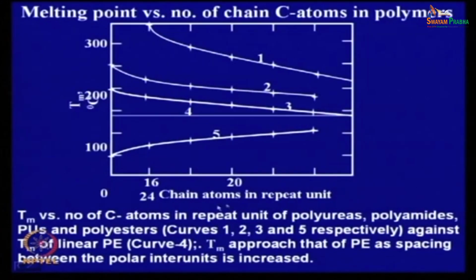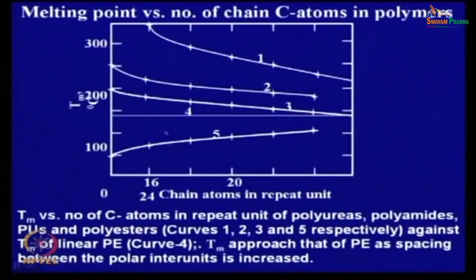What is the x axis? It is the chain atoms in repeat unit, that means the number of carbon atoms per repeat unit. Try to understand. You think of a polymer molecule. In the polymer molecule, what is the number of carbon atoms per repeat unit? Based on the carbon atoms per repeat unit, their melting temperatures vary, change. Now, if you think of polyethylene,